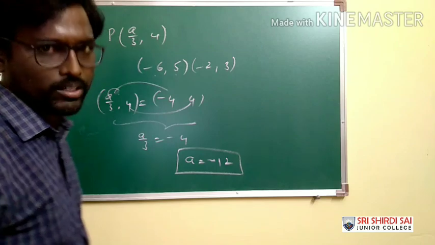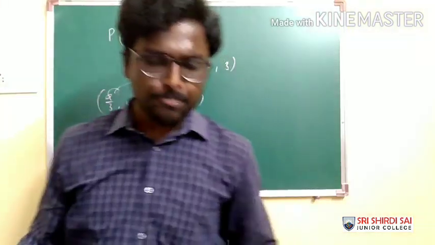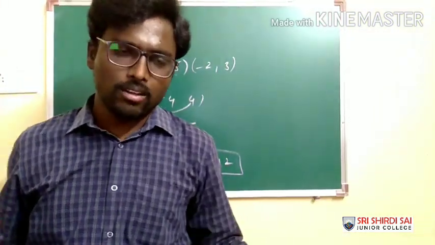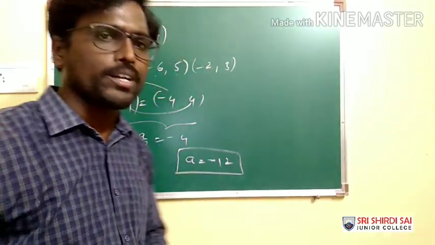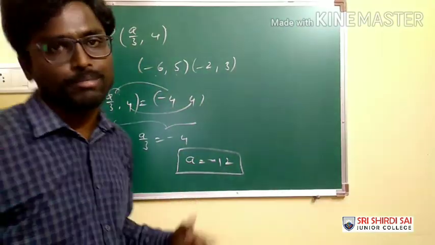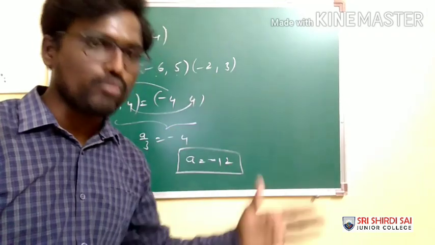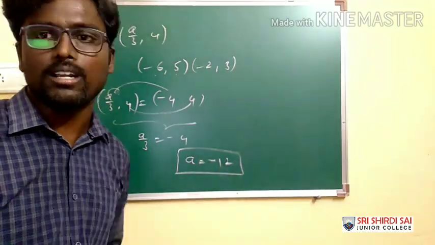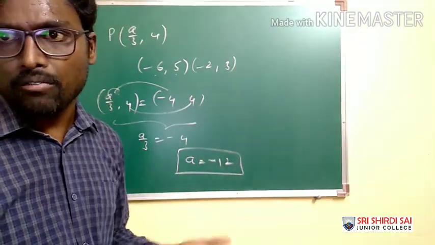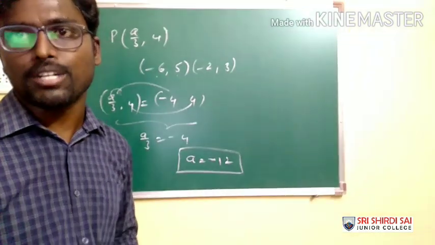See how simple the calculation is. It is not taking longer, just a matter of 15-20 seconds, and I am able to close this with the explanation. If you are faster in calculations, you can close such kinds of questions very easily within 10 seconds. So, what is the required option here?